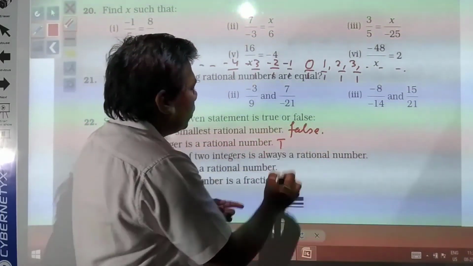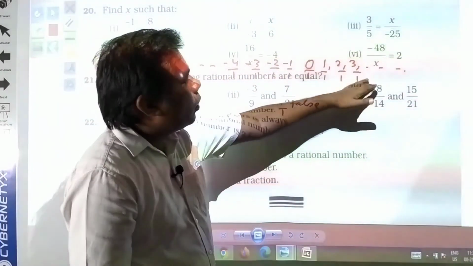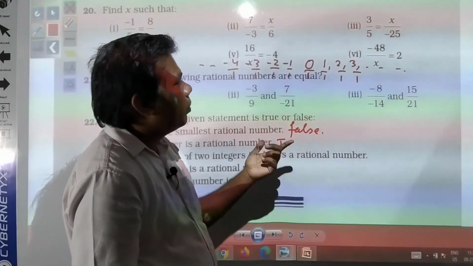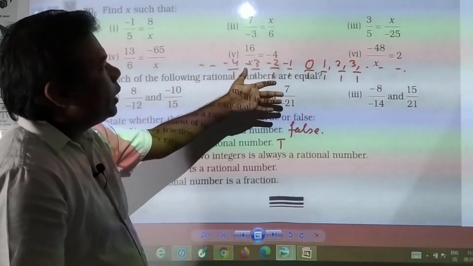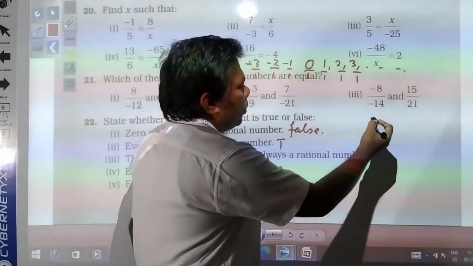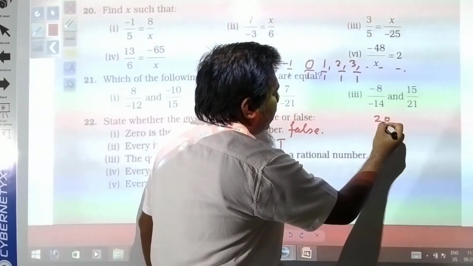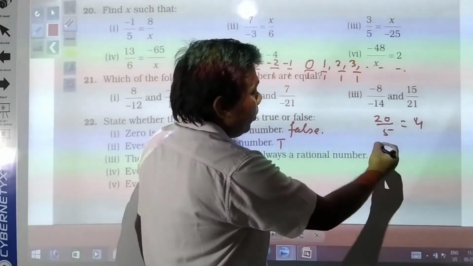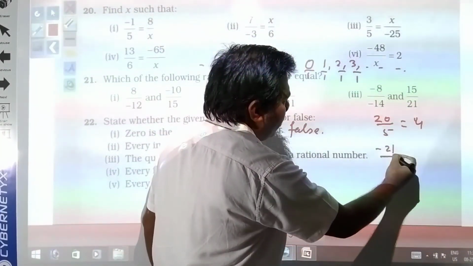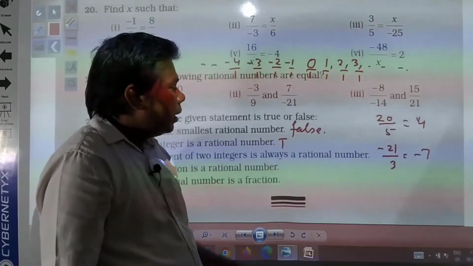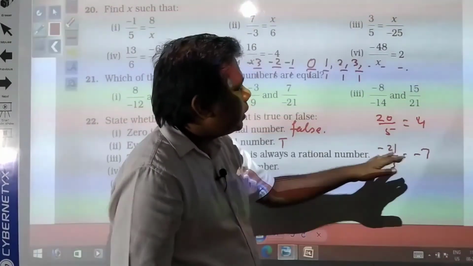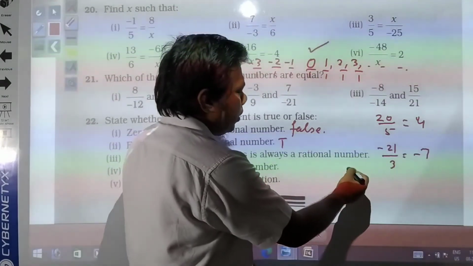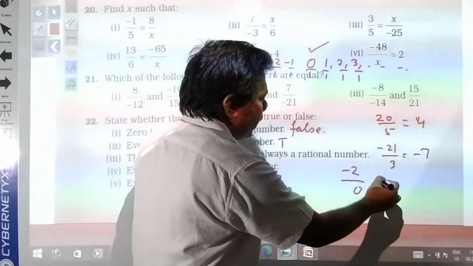That is true. Here you see all the integers you can see. So these all are rational numbers. The quotient of two integers is always a rational number. Any two integers you take and you divide them. Suppose you have taken 20 by 5 and you divide that. What will you get? 4. If you have taken, suppose, minus 21 by 3, what will you get? Minus 7. Here you see, you are getting integers, but 0 is also an integer, and if you are dividing any number by 0, suppose minus 2 by 0,